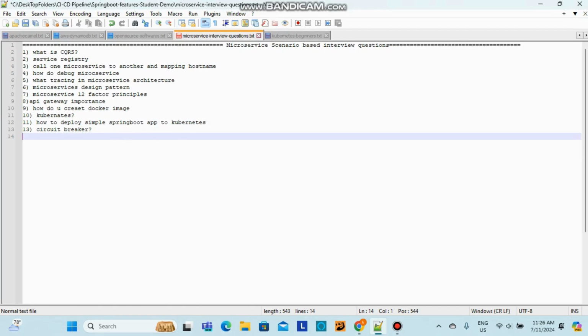There won't be any outage. That's because of microservices. If you are calling the blue version to deploy, that is called a rolling update. Rolling update, what will it do? It will not immediately update the new version. It will gradually increase the traffic.